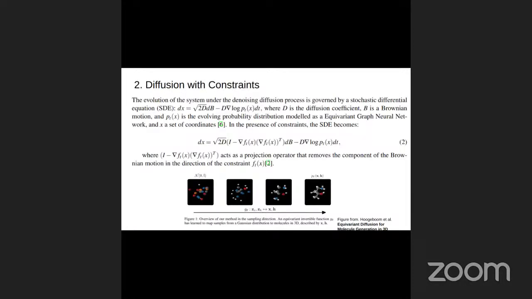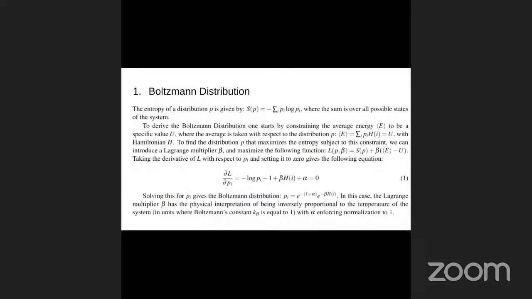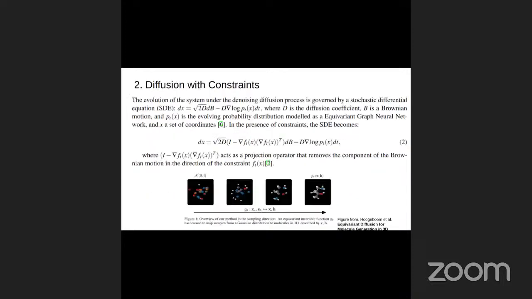But what we want to do is incorporate these kinds of structures that we get from these constraint expressions into more general generative models. To give a quick overview, these general generative models are often based on stochastic differential equations. In this case, D stands for some diffusion coefficient, which determines how rapidly the system state can change, and B represents some Brownian motion, a random process that models the continuous random fluctuations